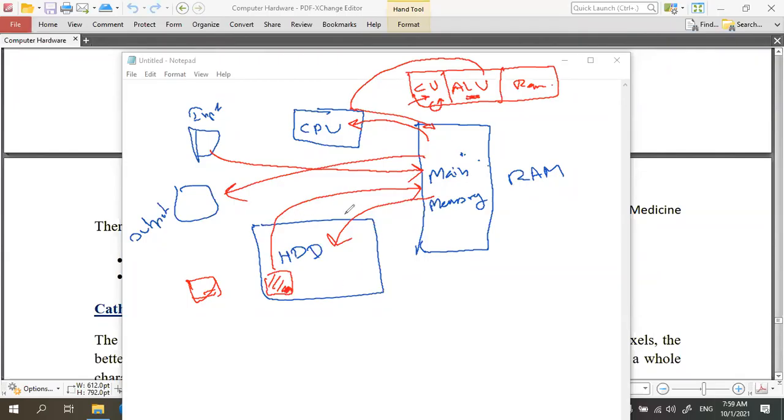So these are storage devices, embedded in and connected to the motherboard, right? And there are some removable devices as well, like CD, DVD, pen drives, those things. Output devices: monitors, printers, speakers, projectors, those are output devices, right? According to the purpose, we can choose the output device. And input devices, microphones also are input devices. So those are the basic hardware components of the computer and how they communicate with each other to process data.